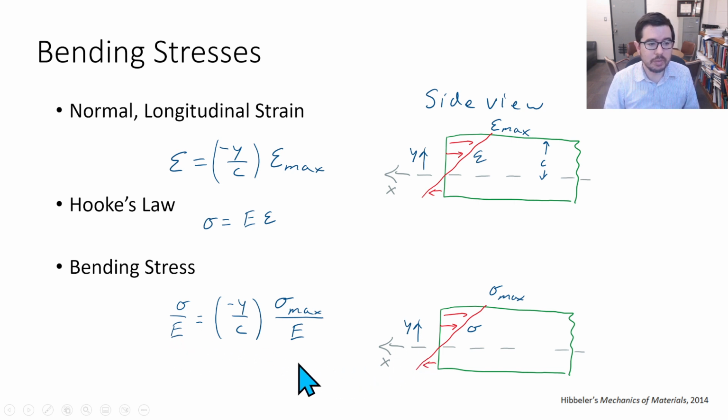We can further simplify this expression, since there's an E on both sides, and we have something very similar to what we had with the strain, now with the stress. So that's helpful,